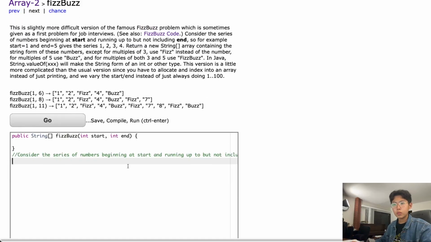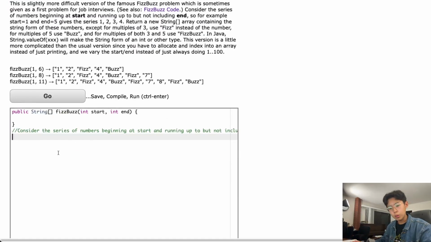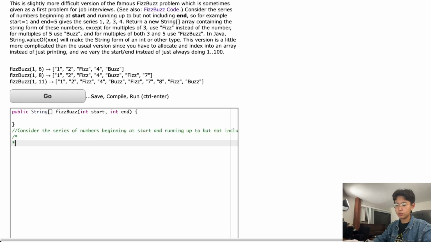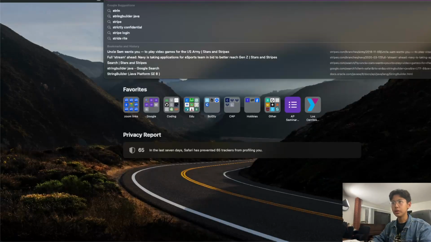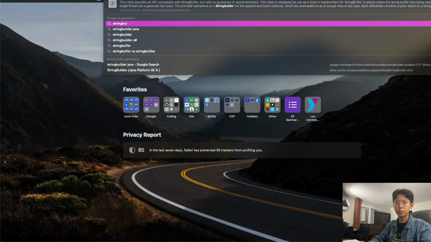Let's see. So for this problem, there's a lot of ways to solve it. A lot of them are pretty simple, but we're gonna be exploring a data type you don't really see a lot, which is StringBuilder. If you've done a Java class or something like that, you might have heard of StringBuilder before, but not a lot of people use it because it's not the most common thing to use. Let's go into the